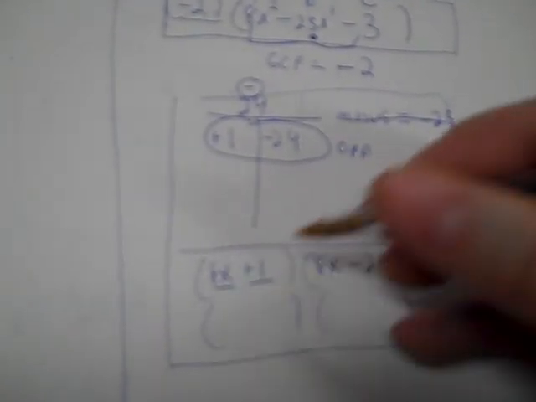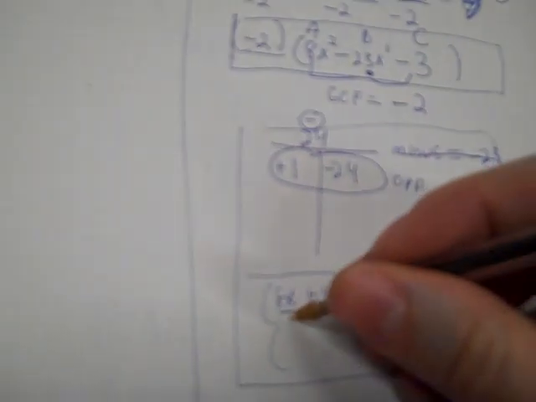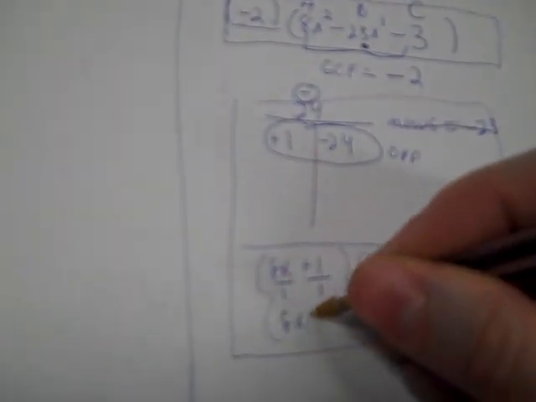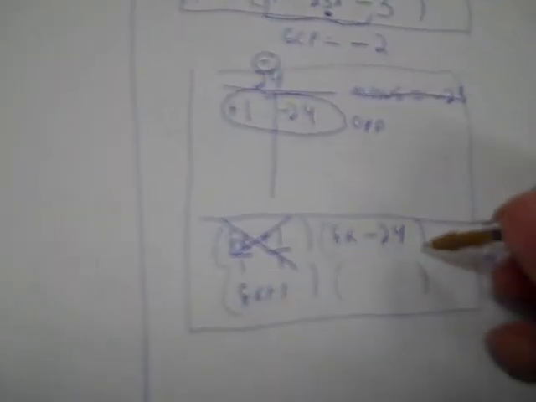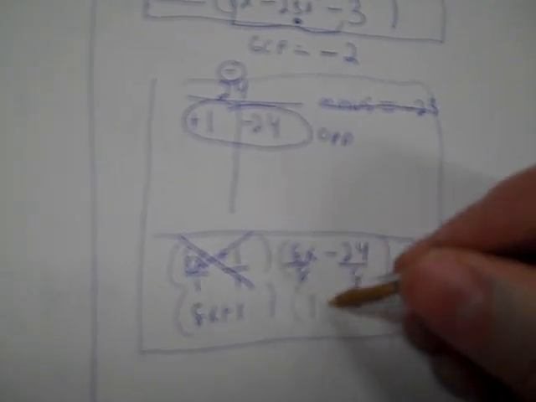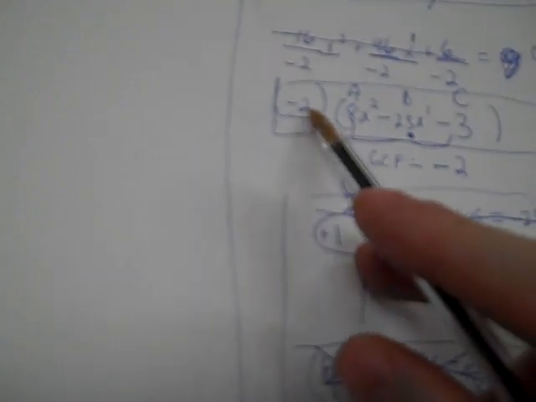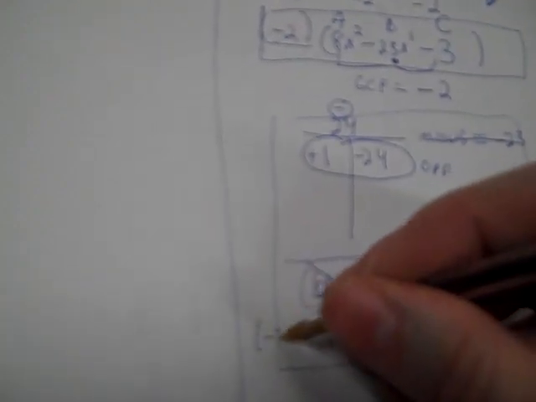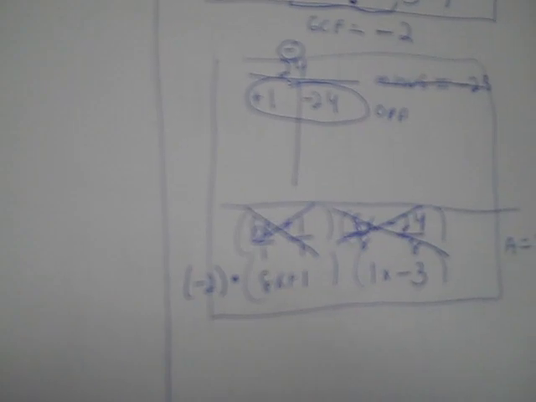Okay, so 8 and 1. That is 1. Okay, so we divide by 1, and that stays 8x plus 1. 8 and 24. So I check out 8 and 24. And that is 8. Okay. So that's going to be 1x minus 3. Now, you want to take your GCF factor, negative 2, down here, but don't label it F because it doesn't